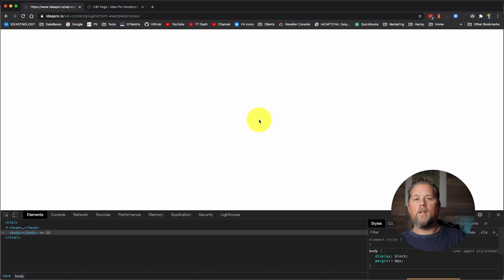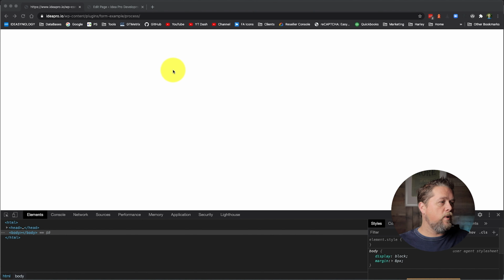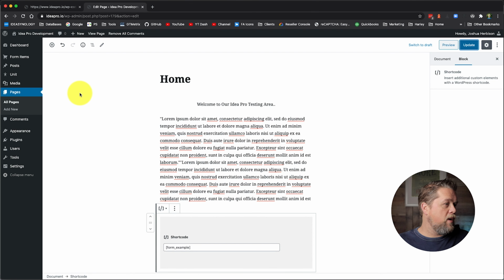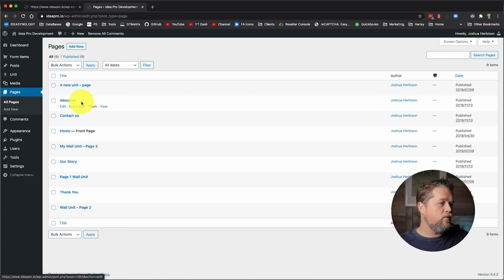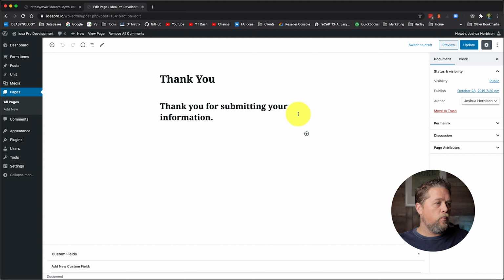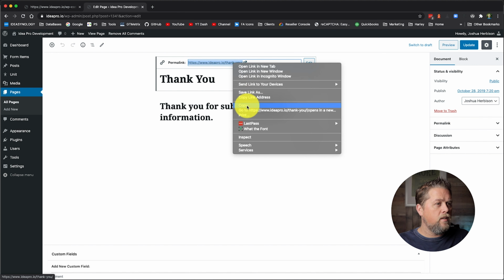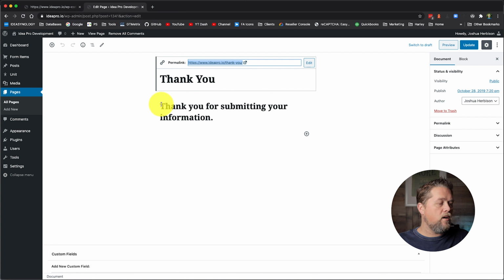Now we're on this blank page. So now we need to go to our pages here. We need to see if we have a thank you page, and we do. Here's our thank you page, and we can come in here and it says, thank you for submitting your information. So we can actually copy the URL here, and we can come back over to our code,